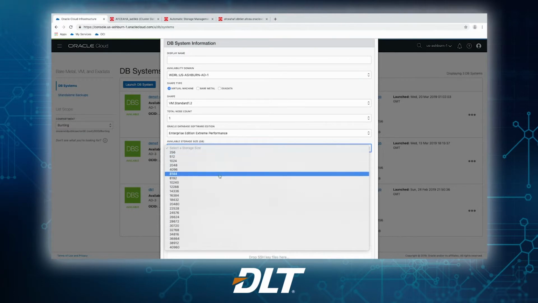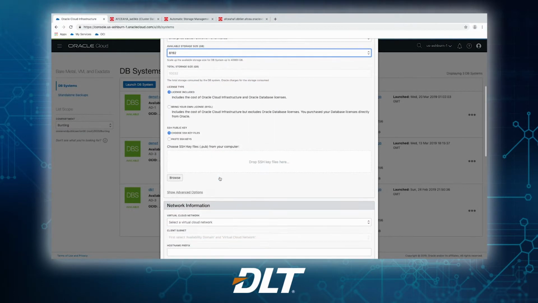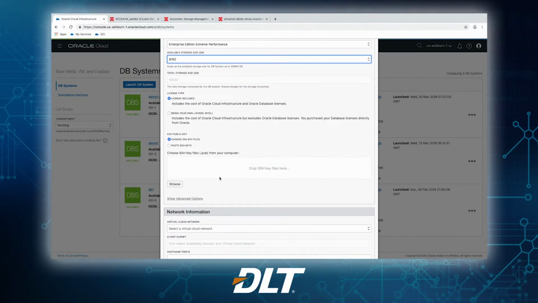And then we pick storage size, which of course we're going to start with a certain amount of storage, but we can always scale up that storage. And then here's a very important part, particularly for you in the Navy, where you have an enterprise license agreement, and some other DoD agencies may have enterprise agreements, or you may have existing on-prem licenses.